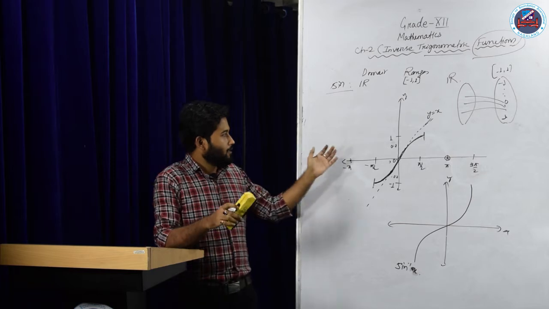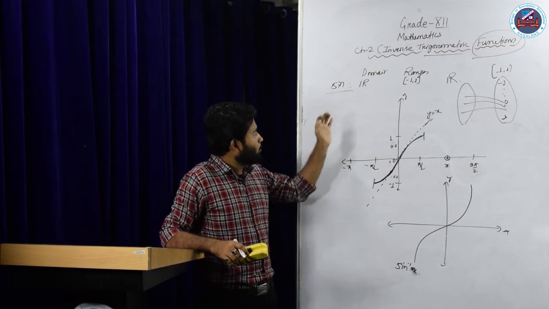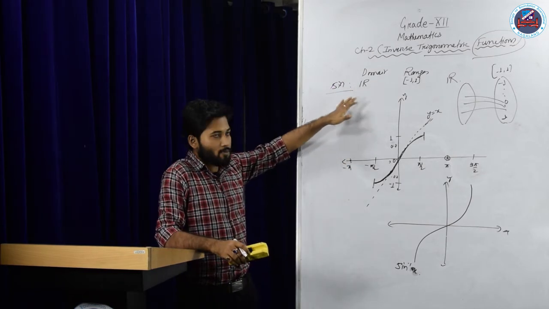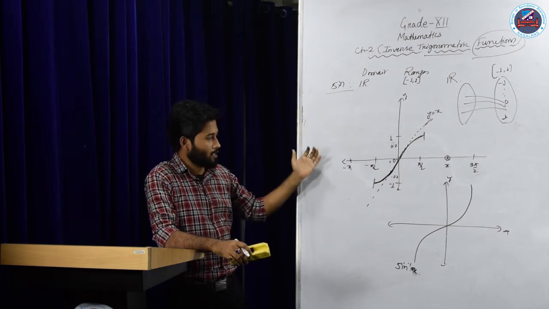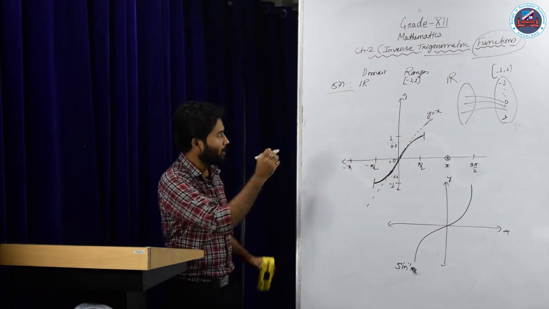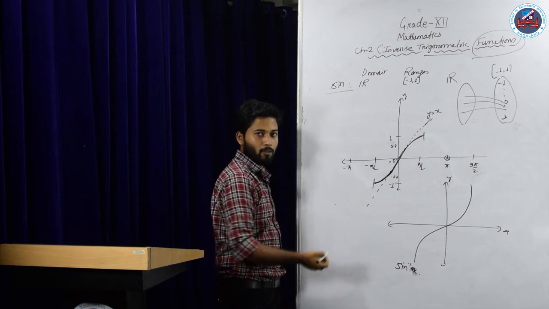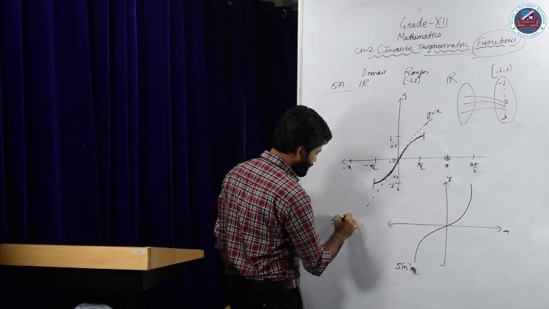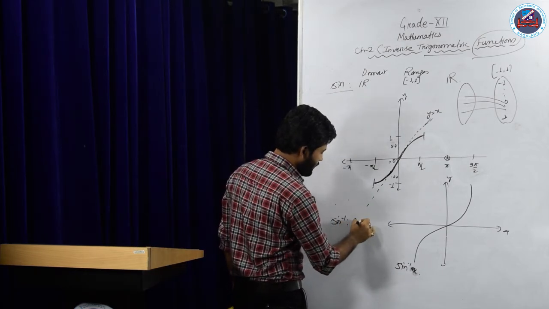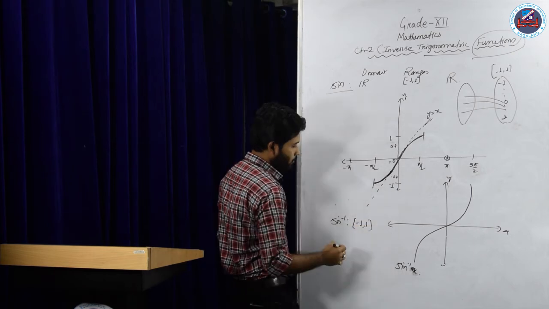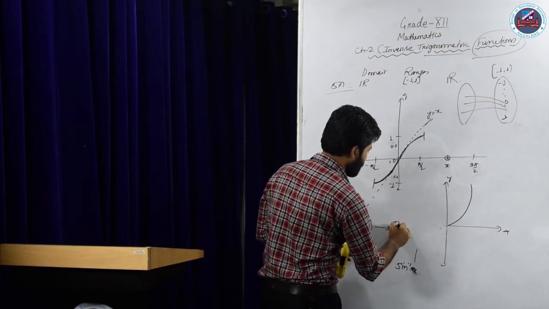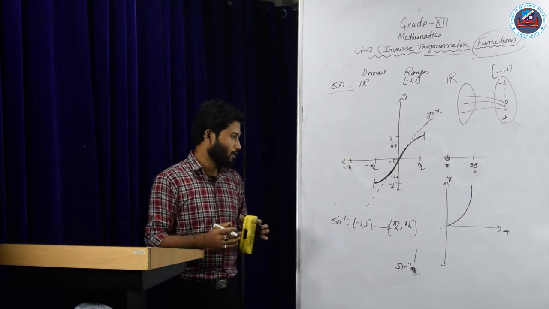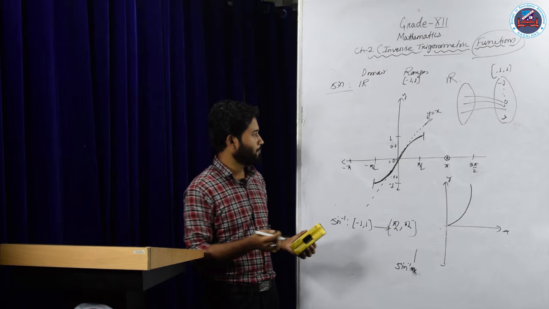You should remember that since we have restricted the domain, the sine function is now an invertible function, and so we have sine inverse. That means each element is taking 1 x to 1 y only. The sine inverse function will be defined on the domain -1 to 1 to the range minus pi by 2 to pi by 2. Clear?